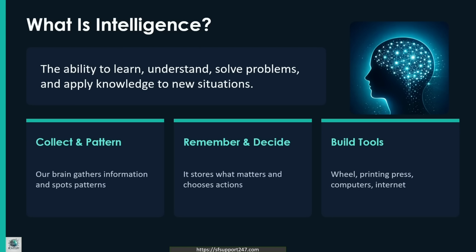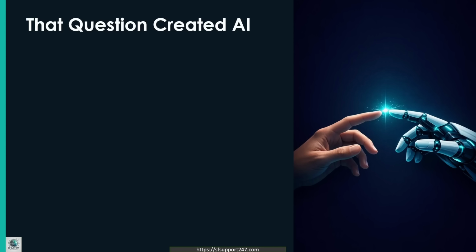With those actions, we created wheels, the printing press, computers, the internet, mobile phones, and so on. These kinds of devices require human intelligence to create machines that can be helpful. This is really a unique human ability. Other species can create tools to build their nests and other things, but the sophistication and enormity of human intelligence is unmatched in any species.